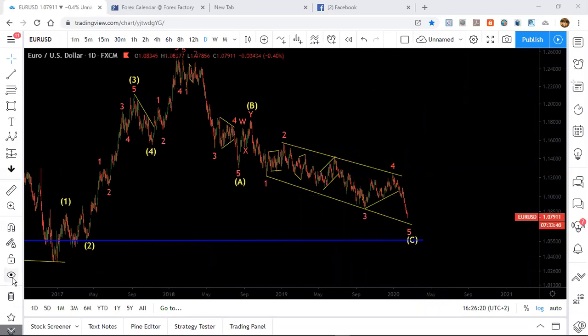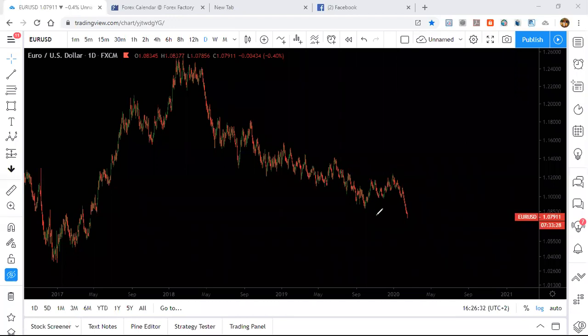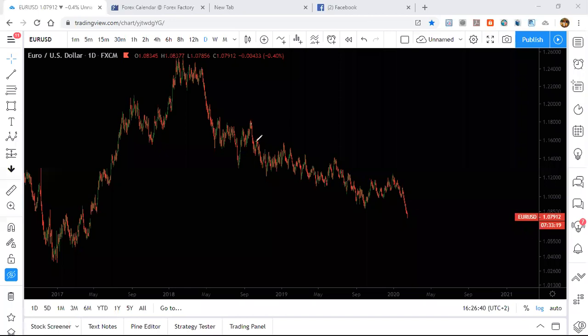Just a look at my structure on the Euro US dollar. I just want to share this as an update. Apparently, what I've been looking at on the Euro US dollar from this moment here, falling from here, I've been looking at this as a leading diagonal, an ending diagonal, if I can say, of an ABC